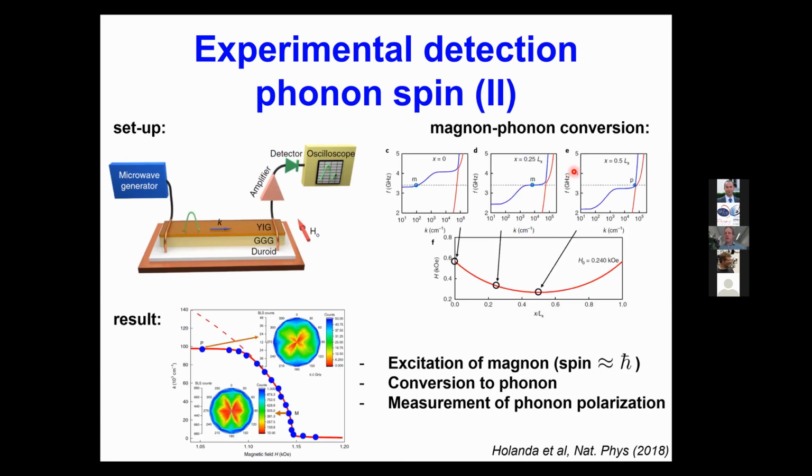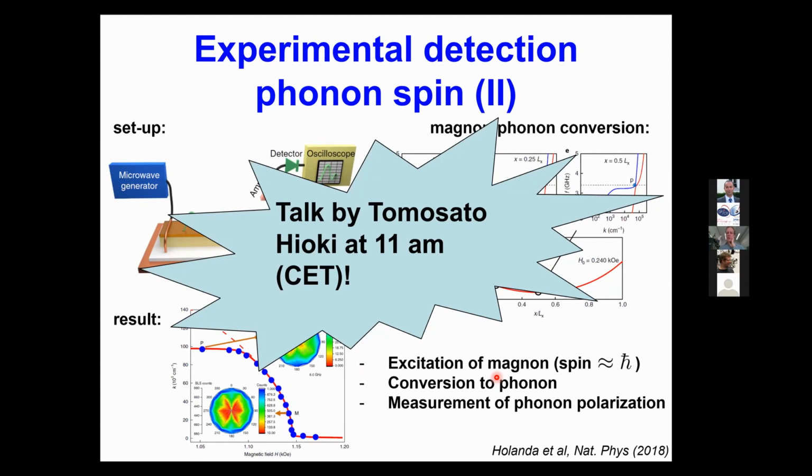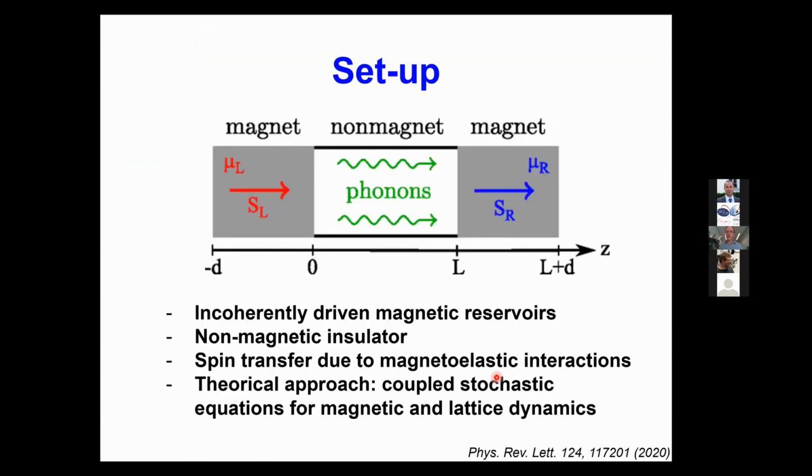This was done by BLS experiments, if I'm not mistaken, and indeed showed that the phonon spin measured after this conversion process is indeed h bar. And so phonons carry a spin h bar, like photons actually. So circularly polarized phonons are very much like circularly polarized light. I will not say too much about this anymore because the next talk will actually be about the strong magnon-phonon interaction. I will just end by saying that you can in principle use these phonons to mediate spin